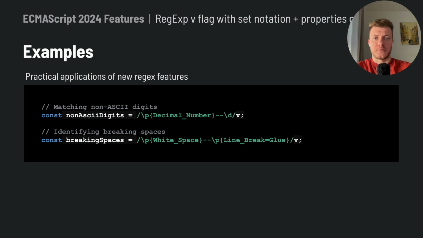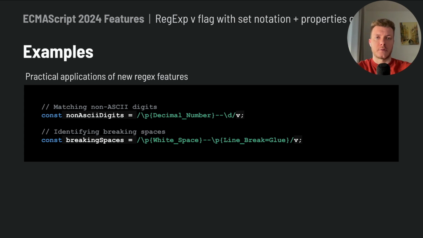The advanced regex features enable precise identification for such spaces, excluding specific categories like glue. These examples illustrate how the v flag and associated syntax enhancements empower developers to tackle complex text processing tasks with elegance and efficiency. By enabling more expressive and targeted pattern matching, ECMAScript's regex functionality becomes an even more valuable asset